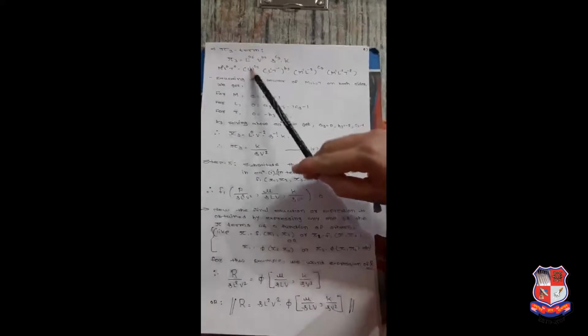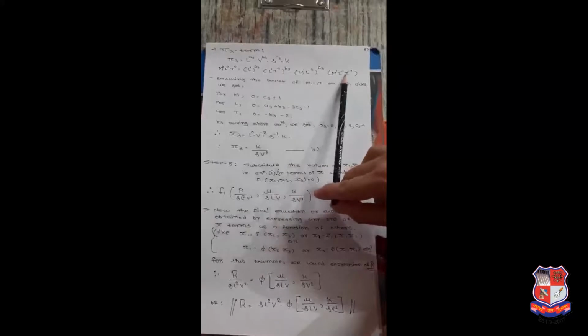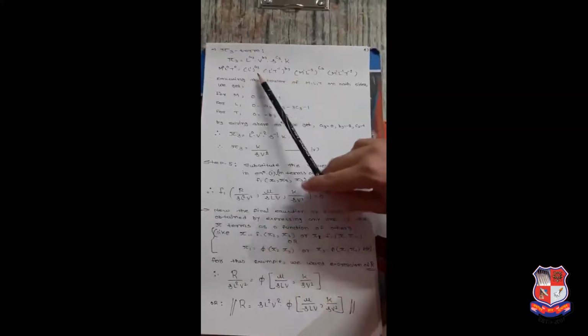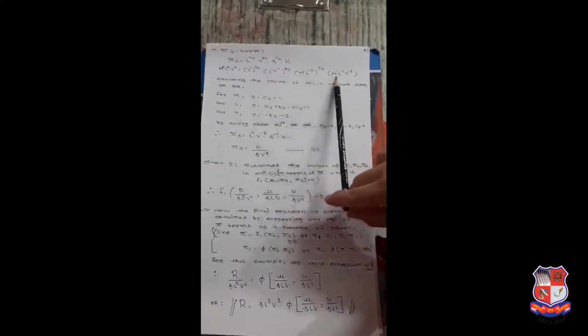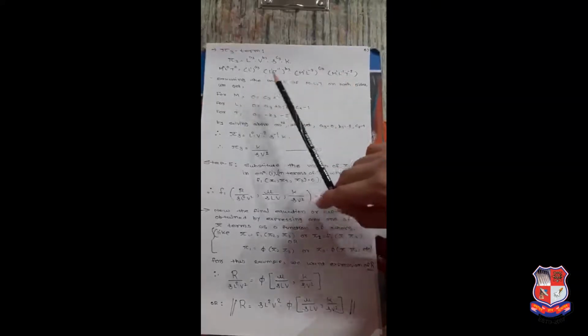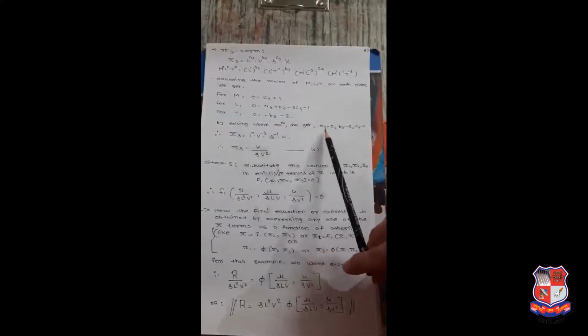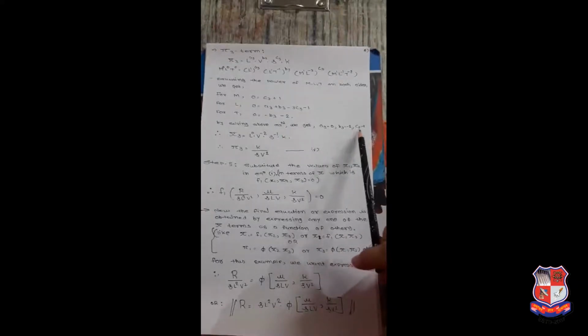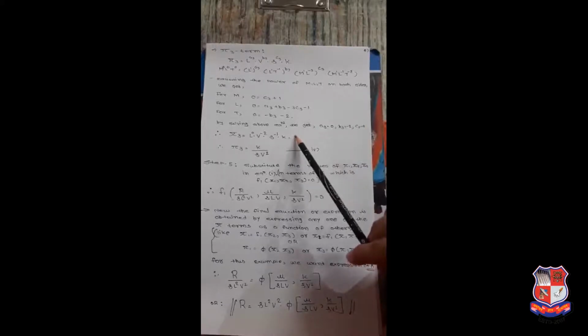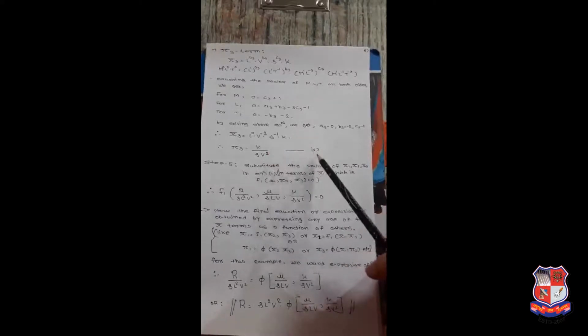The pi 3 term is this. Write down the dimension of each property or variable. Same dimensions for L, V, rho. The dimension of k is M1 L minus 1 T minus 2. The same process is followed, equating the powers of M, L, T on both sides. We get 3 equations. By solving the above equations, we get a3 is equal to 0, b3 minus 2, c3 minus 1. So the pi 3 term can be written like this: pi 3 is equal to k divided by rho V square. This is our equation number 4.